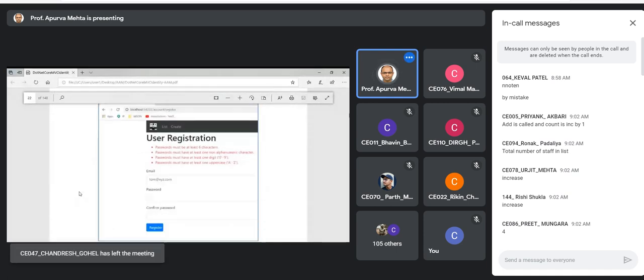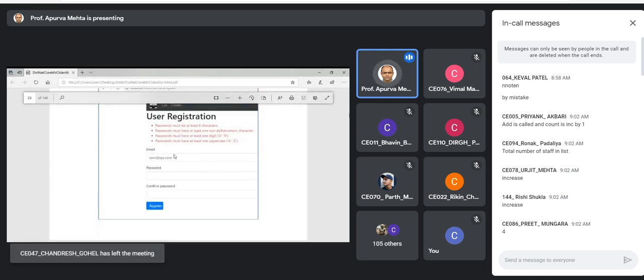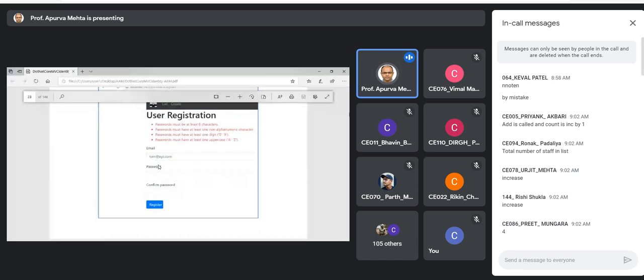Fine. So now, say you specify the email address tom@xyz.com. Then you have more errors: password must be at least 6 characters and other things. We have not specified these password options, that is, what should be the criteria for the password. So this is the default criteria in the PasswordOptions class of the Identity system. If you want to change it, you can change it. We will see how. But this is the default criteria. And who is Tom? Tom is Tom Hanks.